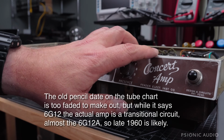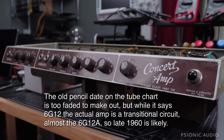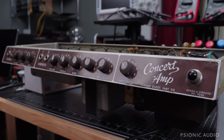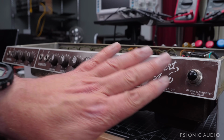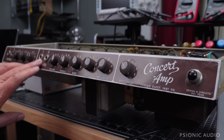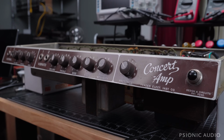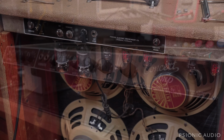There's no standard EIA code that I recognize on the transformers, but this was a period of transition for Fenders, so I will find a date and put it on the title of this video, probably before I finish filming it. Anyway, we're going to take a look and see what the condition of this amp is as it came in. I did not put this up on the bench because it's physically very large, but here you can see